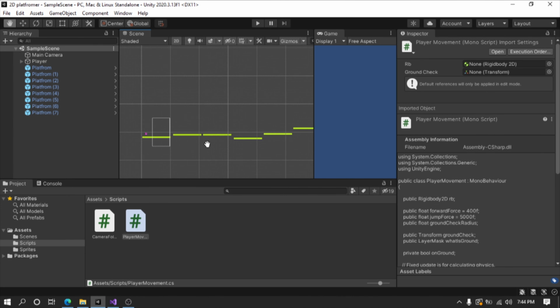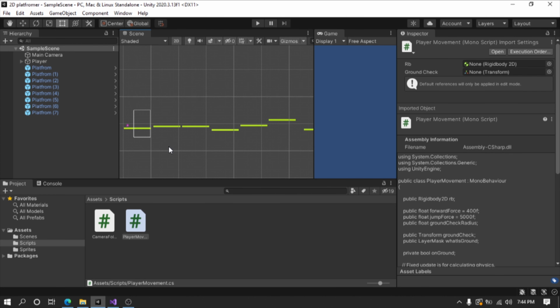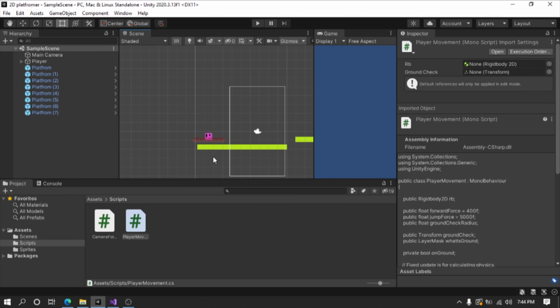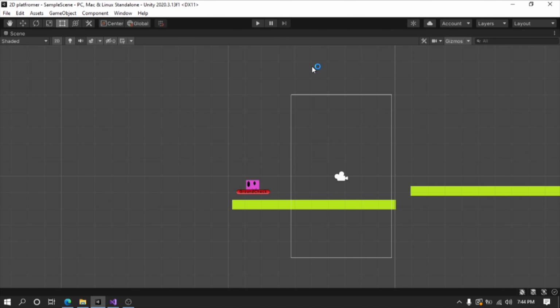In our last video, we made a level, added some gameplay elements to our game, and designed this short level. Now, the first thing I want to change here is the camera's background. As you can see on the game view, the camera has a bluish background and it's kinda boring and doesn't fit with our game at all.